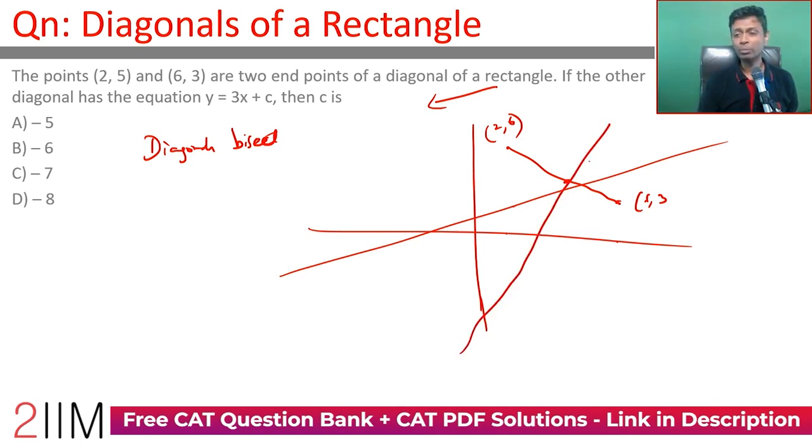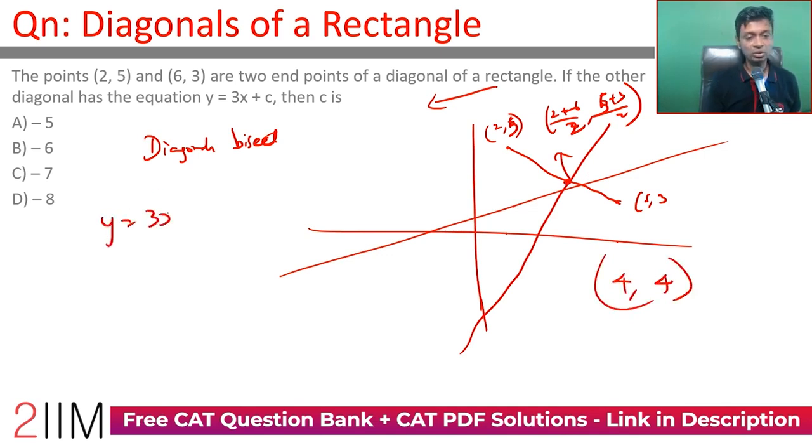So the midpoint of this is (2 plus 6 by 2, 5 plus 3 by 2). 2 plus 6 by 2 is 8 by 2, which is 4. 5 plus 3 by 2 is 8 by 2, which is 4. So this equation, y equals 3x plus c, passes through the point (4, 4), which is the midpoint